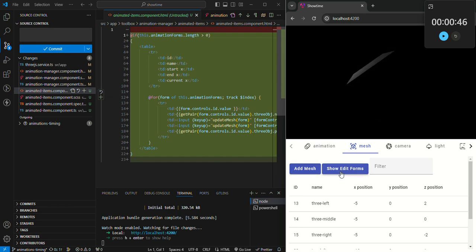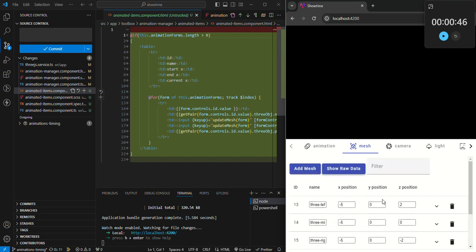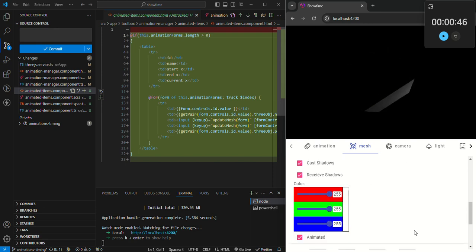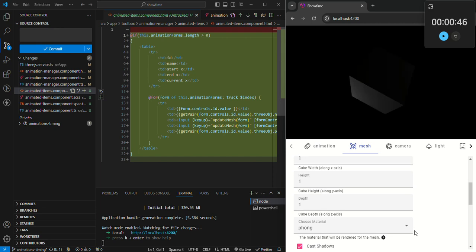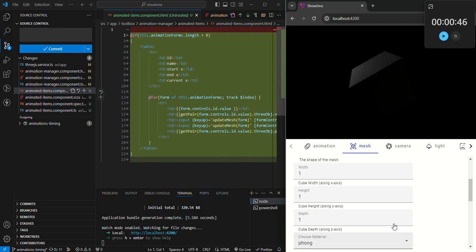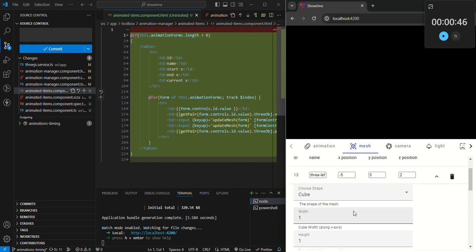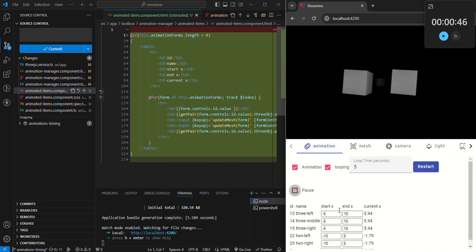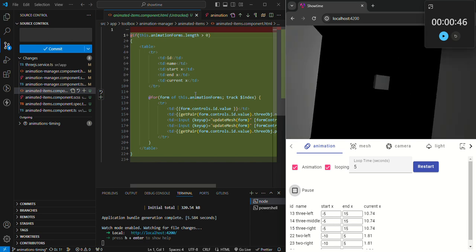Let's see, what other kind of cool things can you change? The colors, the heights, the widths, all these sorts of things that you can change. This will probably drop down so that when you're looking at this, you're looking at all the X's, all the Y's, all the Z's, and all that. So this will probably be like a drop down, and you load